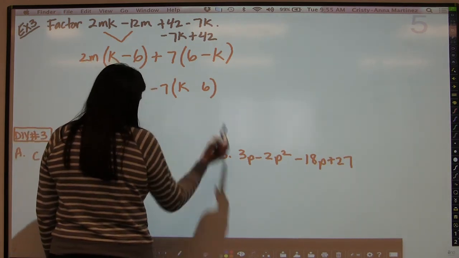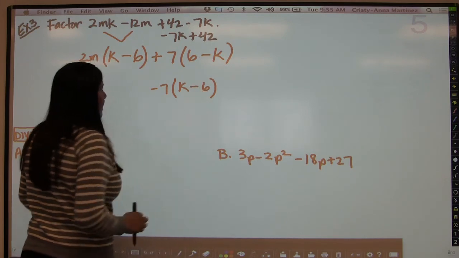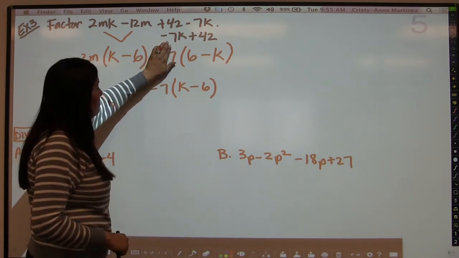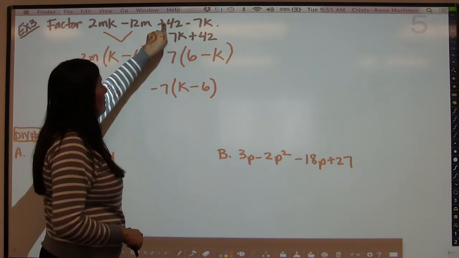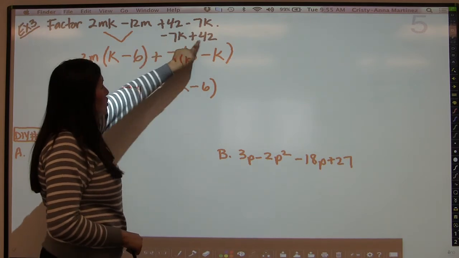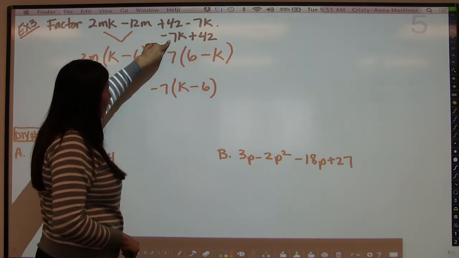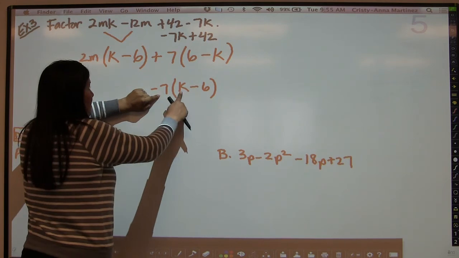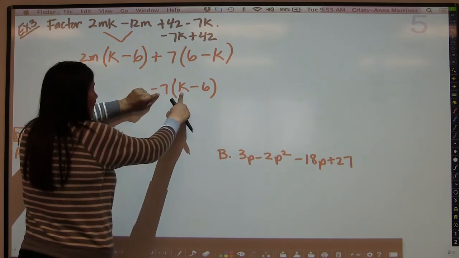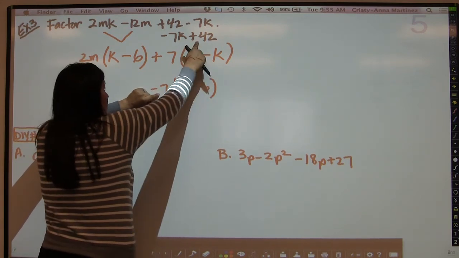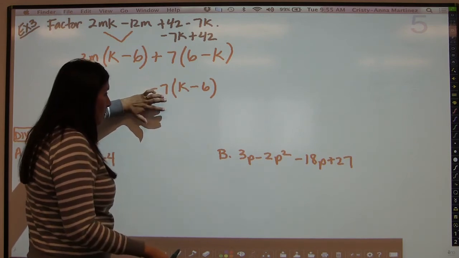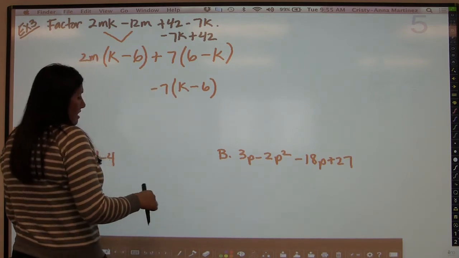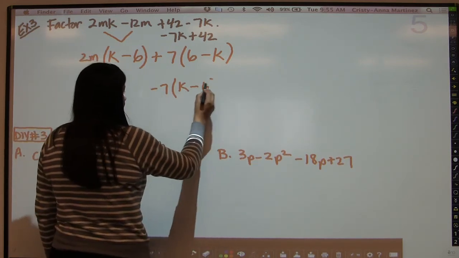That's a minus 6, sorry. So again, if I rewrite the original expression, negative 7k first and then plus 42, when I look at these two terms, I would have pulled out the negative 7. Then negative 7 times k is negative 7k, and negative 7 times negative 6 is positive 42, and that would have solved my problem. If you didn't do that, then you're going to end up with what I have here on the board right now,